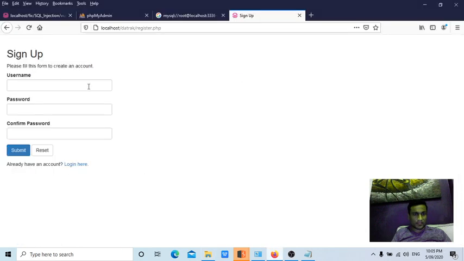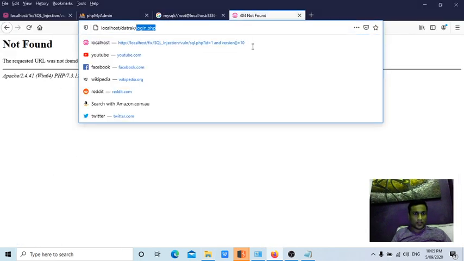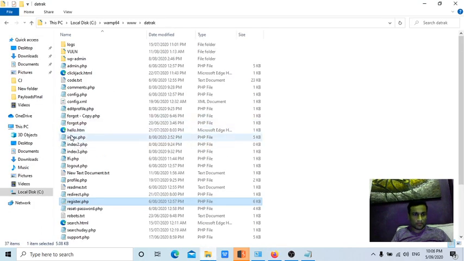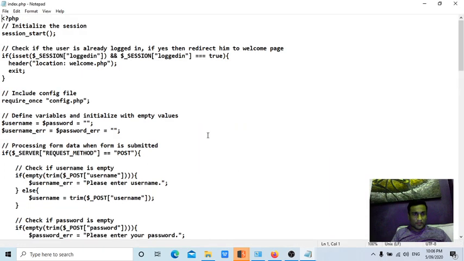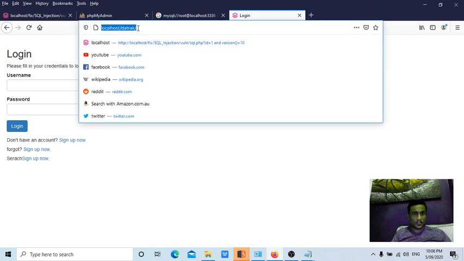What is the other page? Can you check it on the login page? Okay, index.php is the file, and it loads by default. Whenever you enter your username and password, it is passed to index.php, because if there is no file name, that means index.php.